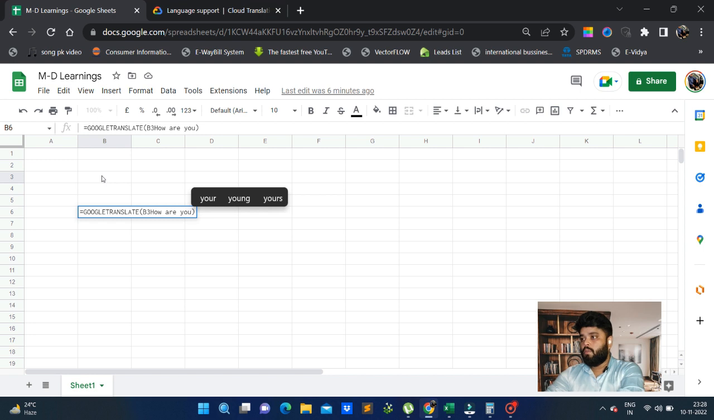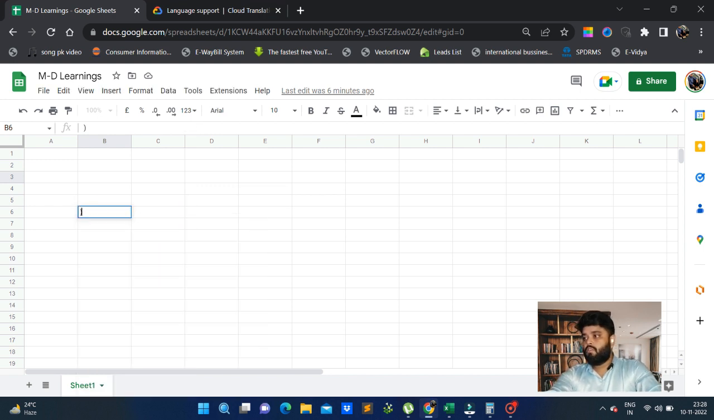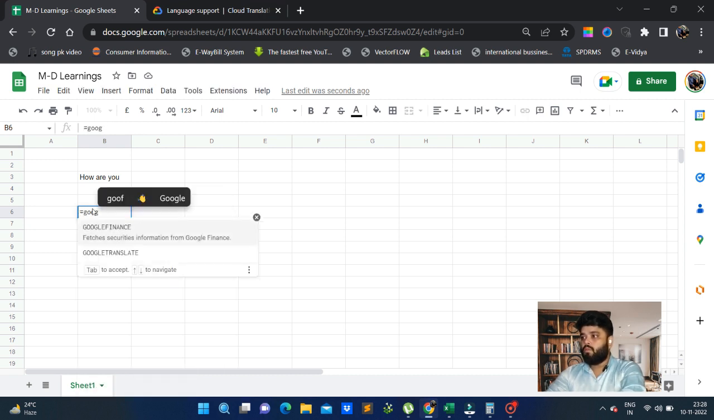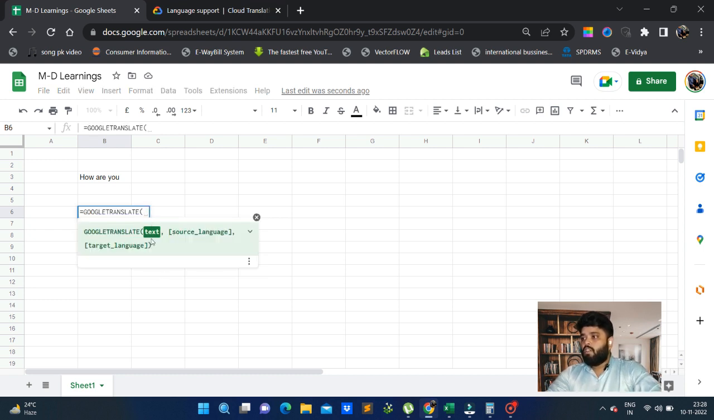how are you. No, sorry, not here, just remove this first. In a cell I will just write how are you. And I want to convert it into Hindi. So what I will do, I will just type Google Translate. Same like Excel, we have to just select, and here you can see the text option: what text you want to convert. So first you have to select this text,